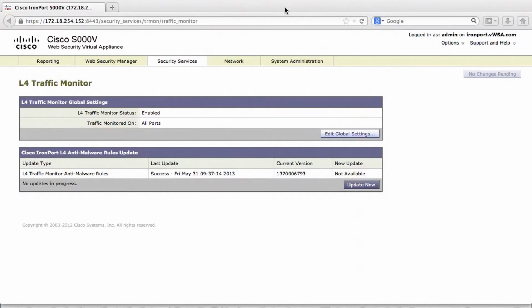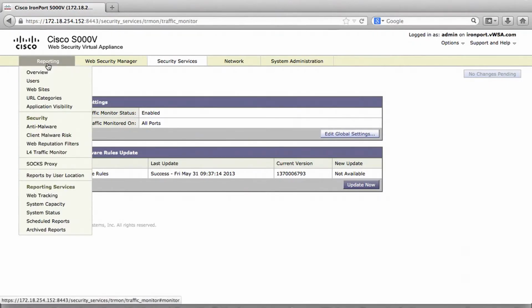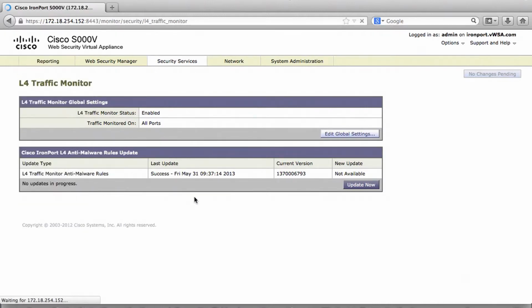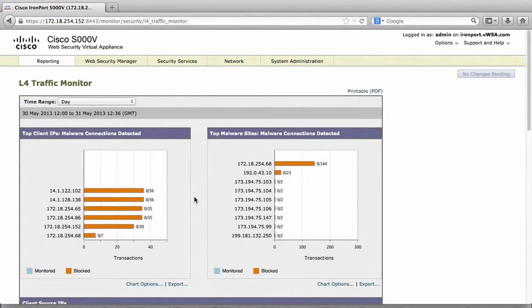Last part to this presentation, just to include the GUI part as well. What's the GUI look like for L4TM? For this test, go to L4TM under reporting, and as we can see the data just for the past couple of days, we can also change this from the time range clause. As you can tell, I've been aggressively testing layer 4 traffic monitor through virtual appliance for past